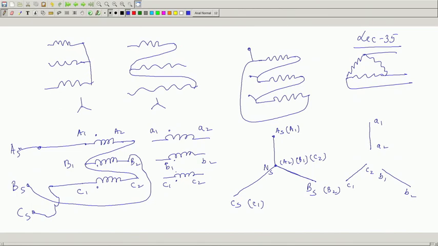Getting the point. Now, suppose he says that okay, secondary I have to connect in parallel. He is quite arbitrarily connecting the things. For example, let us assume he is a crazy man. He is telling that okay, star connection. He decides that he will connect like this. Secondary, these voltages are available in this way, and he tells that I will connect the secondary also in star in this way. If he does,